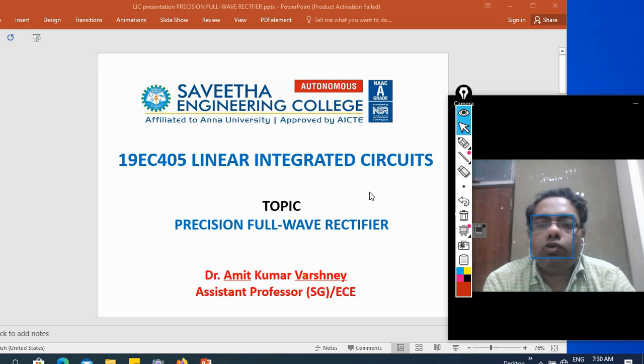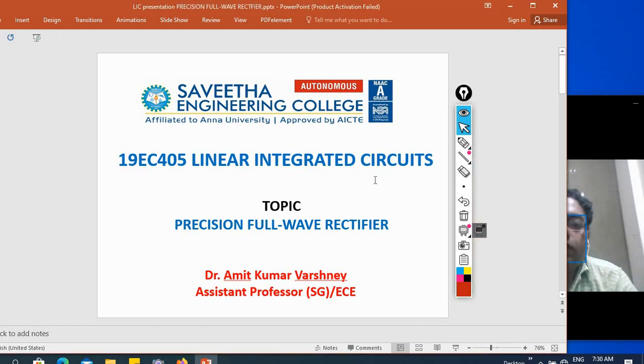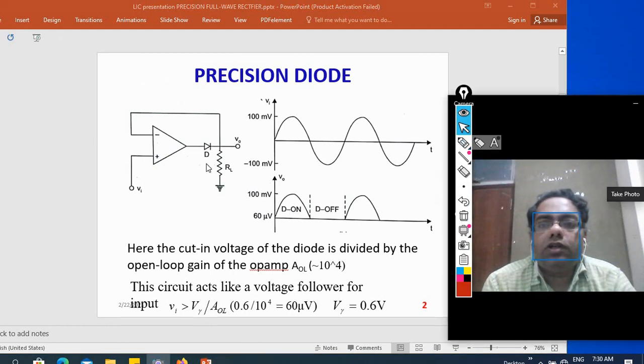Okay, so today I'm going to start with the precision full wave rectifier. Now, we have already seen the precision diode. In a precision diode, we know that